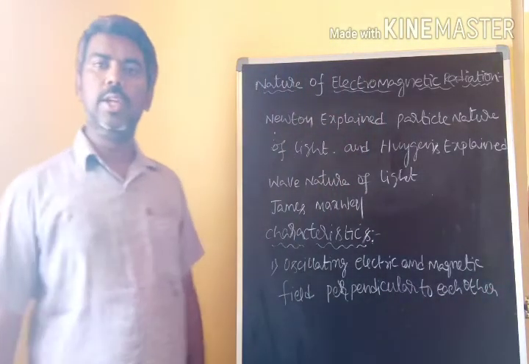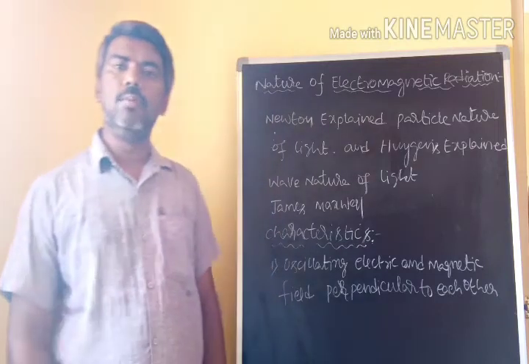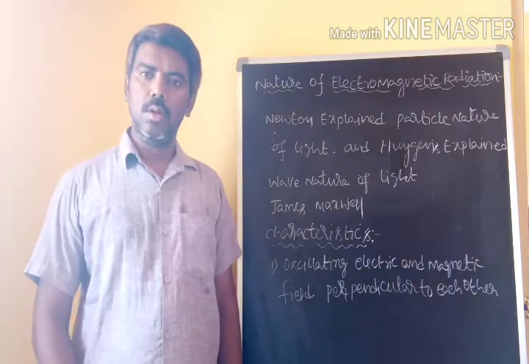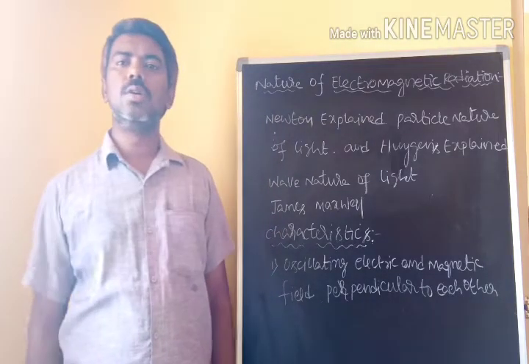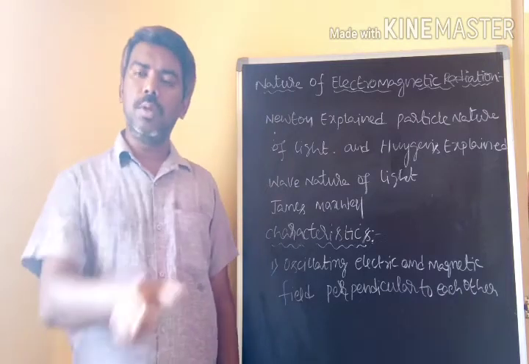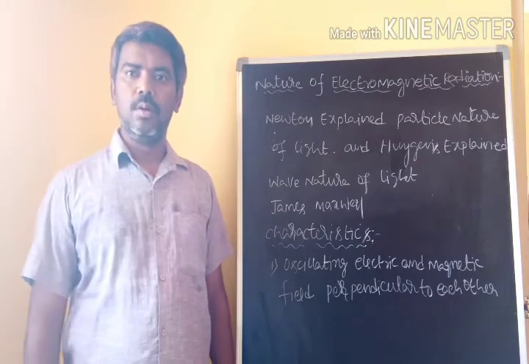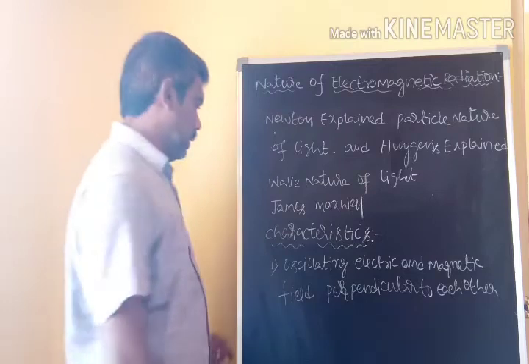The oscillating electric field and magnetic field are both perpendicular to each other, and they are also perpendicular to the direction of propagation of the wave. Next,